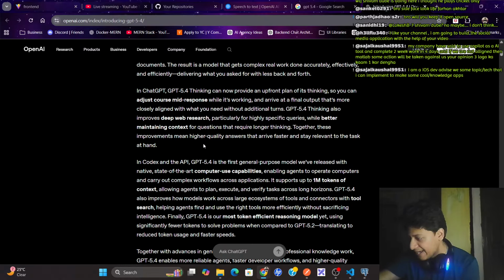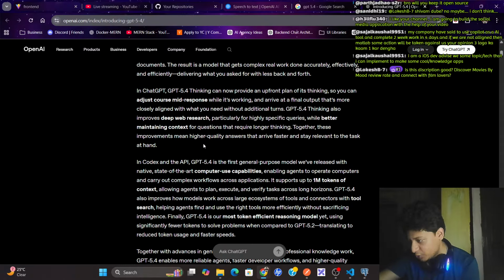Sajal Kaushal says, my company has told us to use Copilot as an AI tool and complete 2 weeks of work in 4 days, and if we are not aligned, then some action will be taken against us. Your opinion? I am an OS dev. Okay, see, with AI, say, with code and Copilot, what will it do?